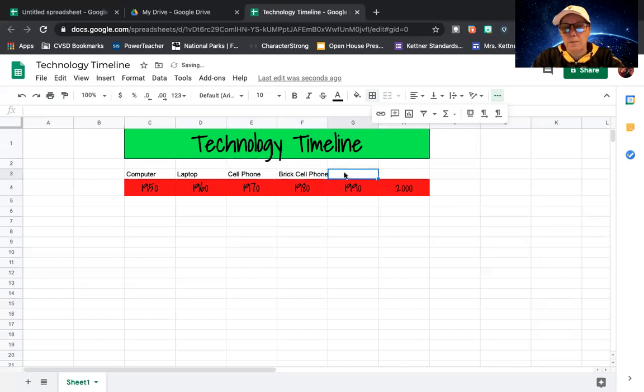For the sake of time, I'm just making up some labels. And then down here, you would have a description. So maybe the first computer was created and the size. You can see that's not fitting in there. So when I go to the next cell and I add this description,